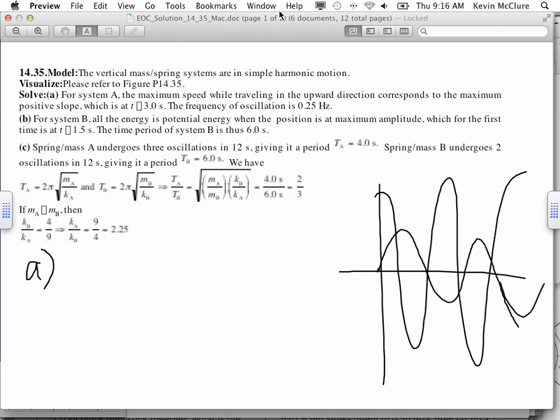A, the frequency of the system. B, the period. And then, what's the first time at which the mass has maximum speed while traveling in the upward direction? All right, so this is y, that's t, of course. Okay, so the frequency of system A,